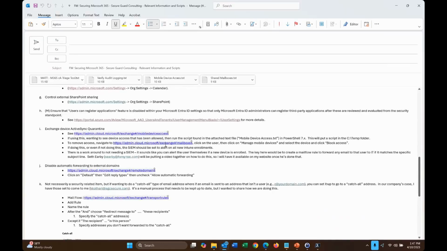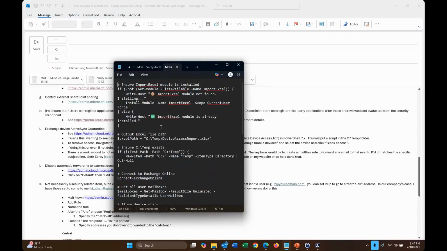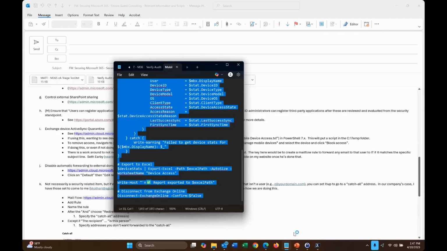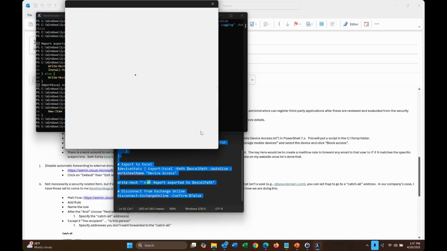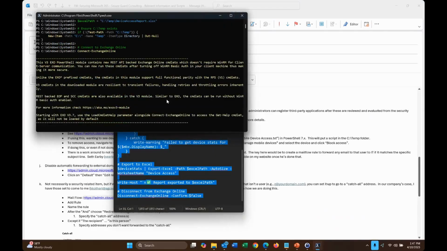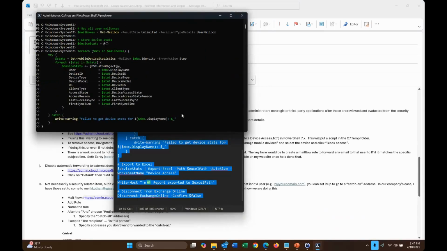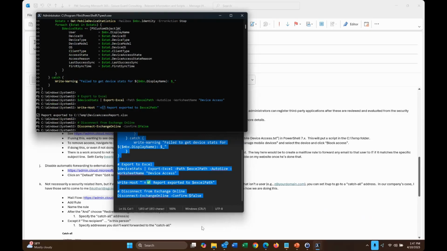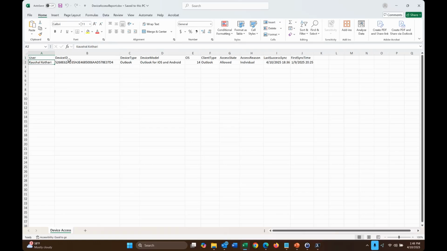To remove access, if you are using this, I've got this mobile device access script here that you can run. Again, right click, copy, go out here, right click in there, and it'll run it. It'll authenticate you. It'll create a report, right? It's called Device Access Report. So you'll be able to see, okay, Koshal Guattari has Outlook on his phone, right? If you want to remove it,